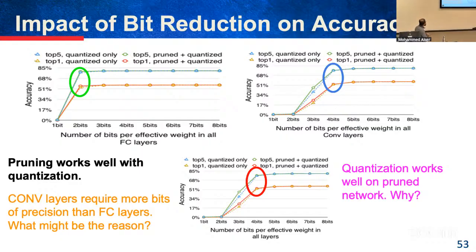Convolution layers require more bits of precision than fully connected layers. What might be the reason? Any guess what the reason is that we need more bits for the convolution layer? Quantization works on the pruned network instead of the whole network. Not like this, but if you apply the same quantization to the two types of layers, fully connected layer and convolution layer, then